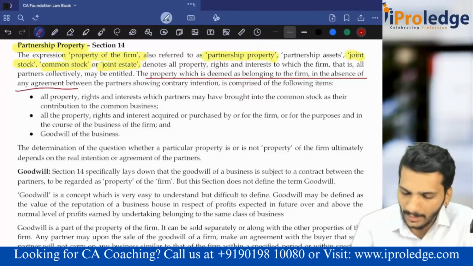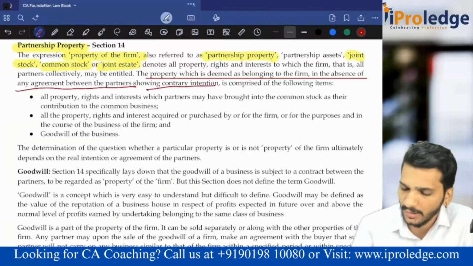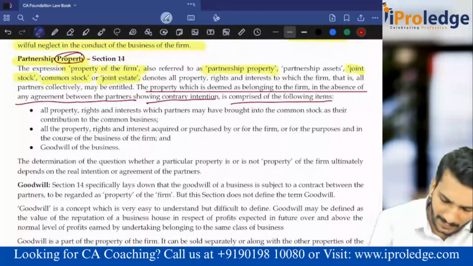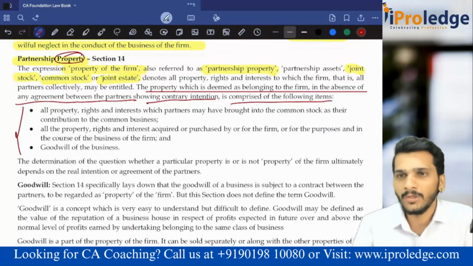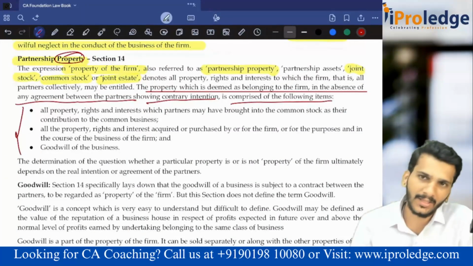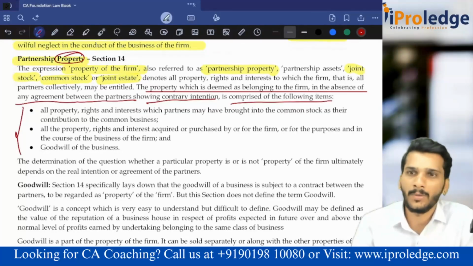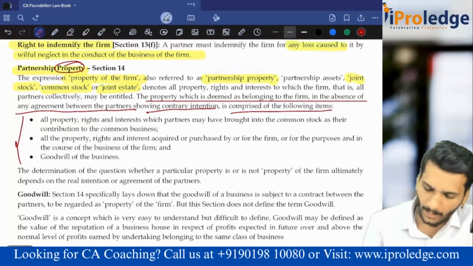Property which is deemed as belonging to the firm, in the absence of any agreement between the partners showing contrary intention, comprises the following items. What do you mean by property? Property means mainly these three things. If in the agreement you have specified something else also as property, then that will also be property. But if nothing is there, these three things are property. Property means asset of the partnership firm. What is that property? One is